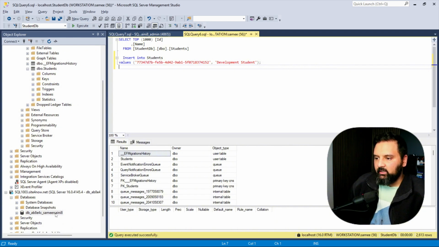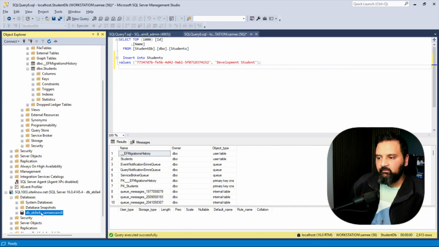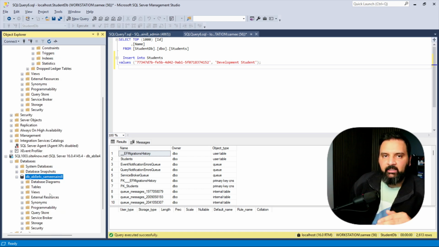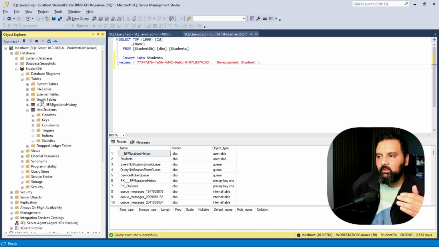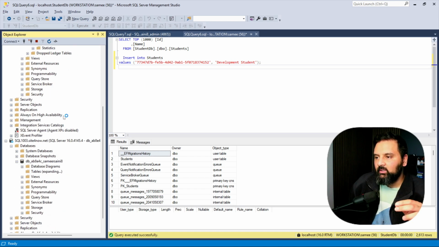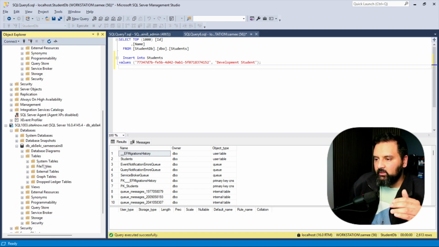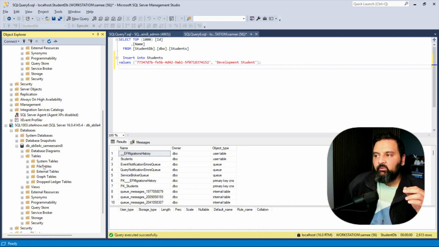You can see that when I connect to the server, I have the database already created. Inside the database, there would not be any table because we haven't run migrations yet. We haven't run Entity Framework Core migrations. So in localhost, I do have the students table and the EF migrations history table, but I don't have anything over here. So we are going to create migrations manually because that's a very controlled way to run migrations on